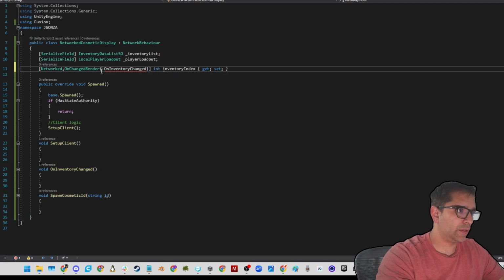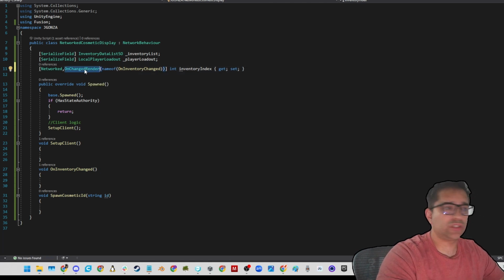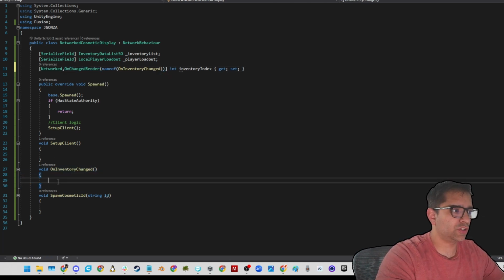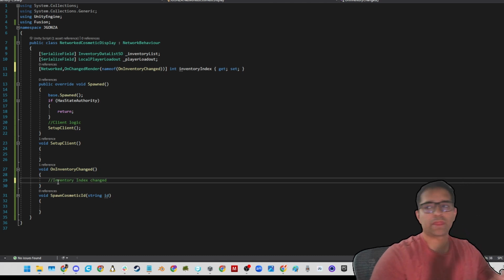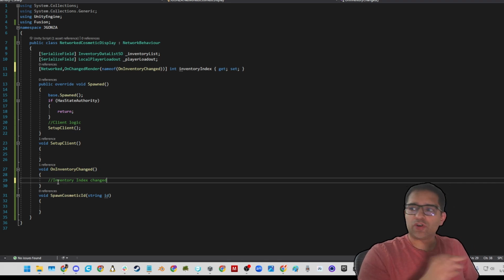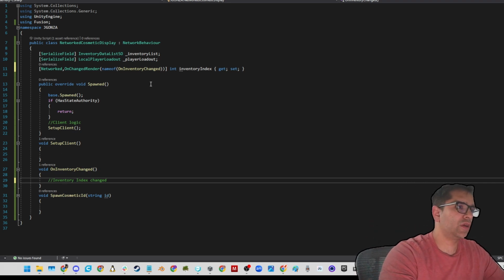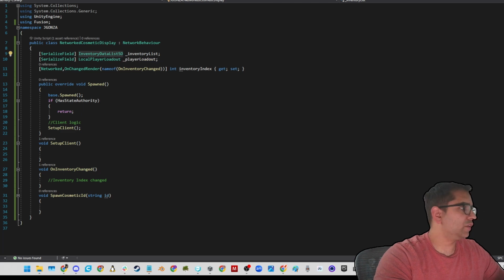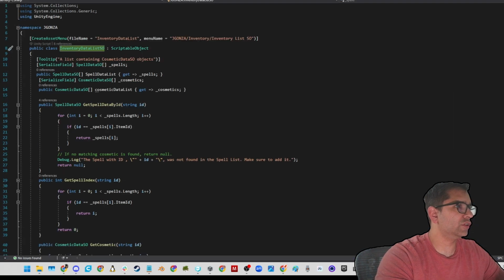Here all we're saying is that when this changes, we want this to update. So in here we have inventory index changed. This is specifically for any cosmetic, it doesn't matter what they are. And I'm going to show you in this list, we have this inventory list. In here we have spells and we have cosmetics, and each one has a